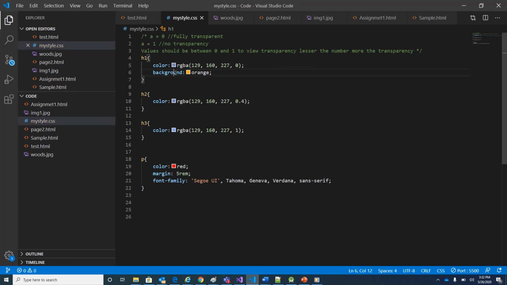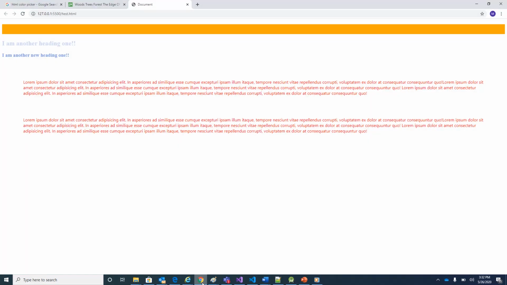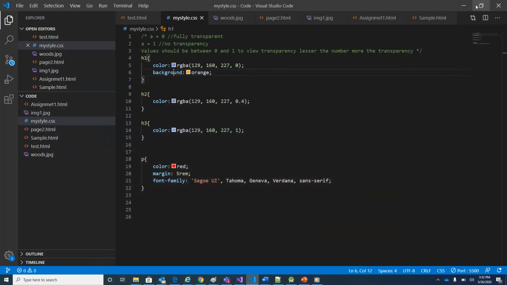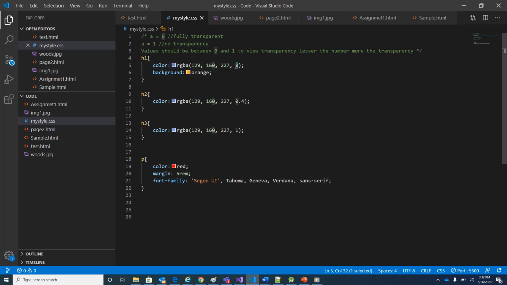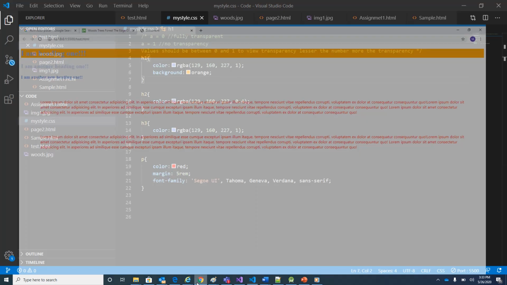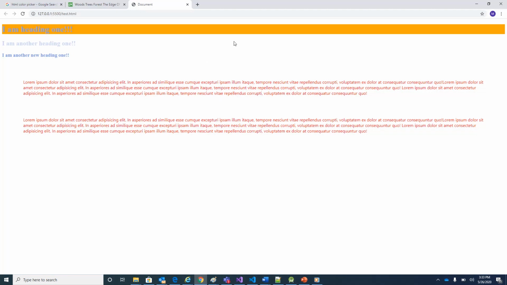If we save the changes and see our web page, you can see the background of H1 is orange. Content is not visible, the reason being it is there but it's not visible because of its transparency. Let us remove the transparency and make it 1. Save the changes and now we see the page. We can see a background of orange color for the heading one.